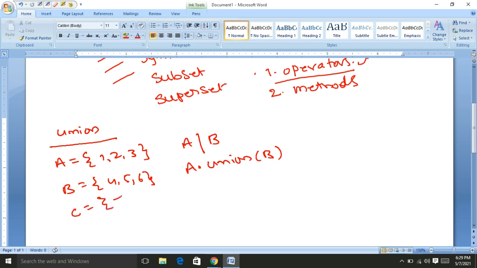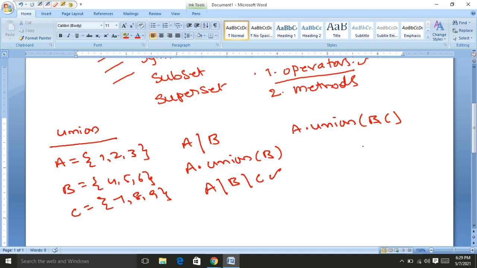Suppose C equals 7, 8, 9. Then we write A union B union C with the operator. With the method, we write A dot union of B comma C. Okay friends, this is the union operation.